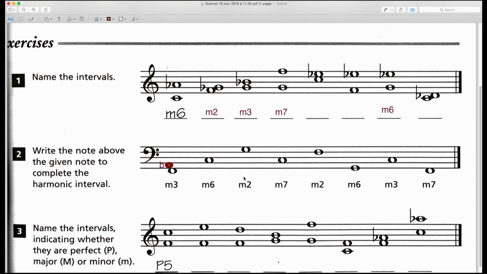Then Gary, we figured out the major and perfect. So which intervals are major? Major is second, third, sixth, and seventh. Good. And which ones are perfect? First, fourth, and fifth. Unison, fourth, fifth, and octave. Okay. And then finally, we introduced this bit. I talked about minor intervals. What intervals can be changed to minor? 2, 3, 6, and 7. Excellent. Okay. Good. For your homework for next time,